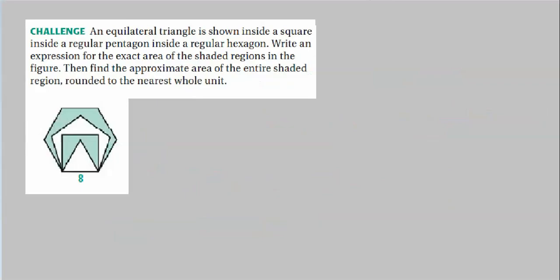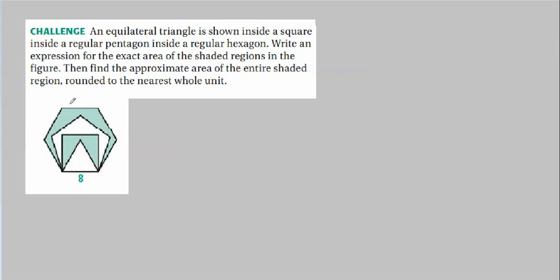Now, this problem is kind of like the concentric circles problem we had. And we just needed to find the area of every other annulus formed by these concentric circles. Here we have a bunch of figures. We've got a triangle inside a square, which is inside a pentagon, which is inside a hexagon. Not as bad as it looks. It's not super easy, but it's not totally awful.